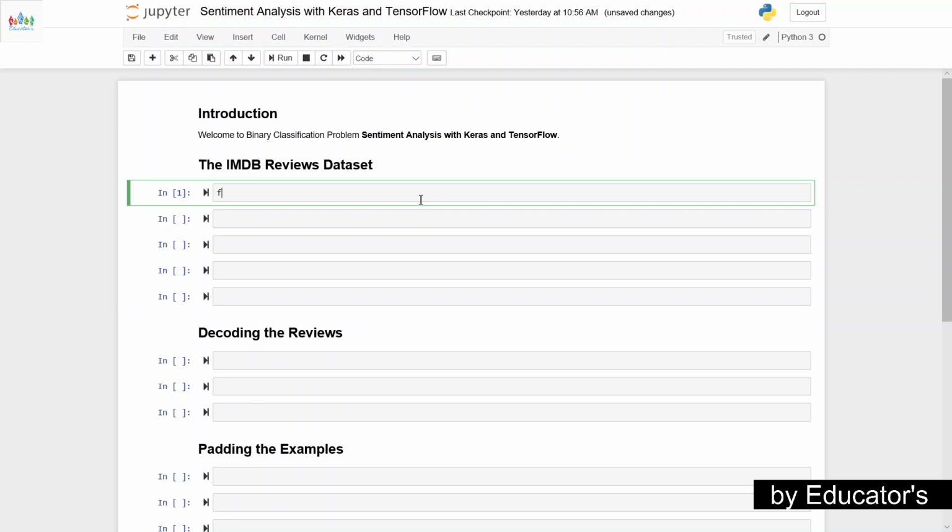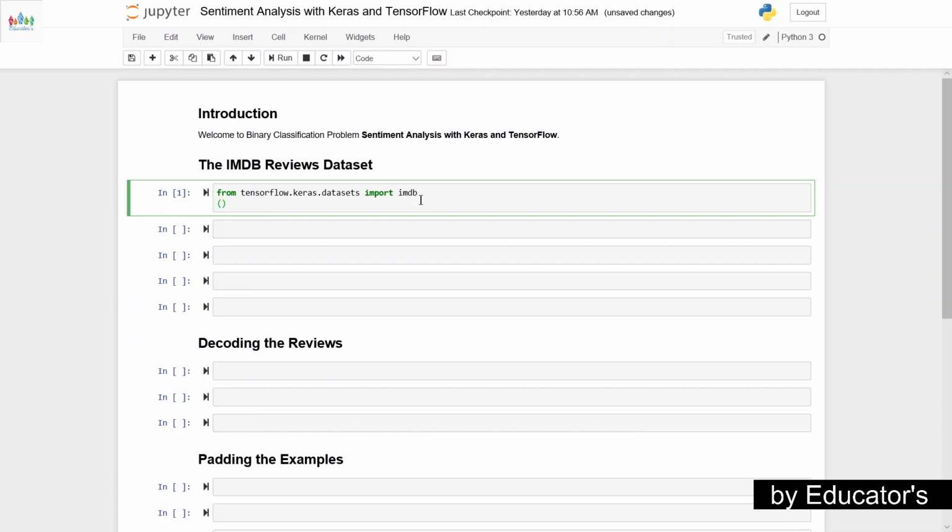First, we need to import this dataset. For that, I'm going to use a helper function. So first, I'm going to import the dataset from keras.datasets import imdb. Now here I am going to take a helper function load_data to load the data,